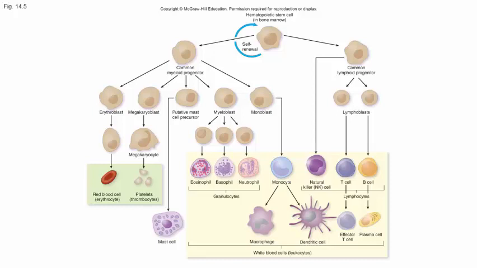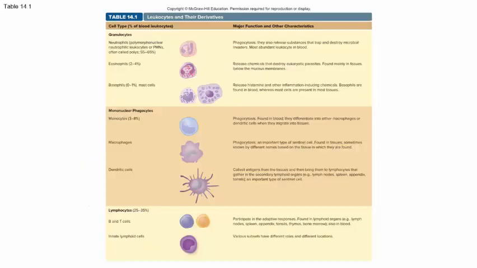If you look at table 14.1, what do you see? First off, we're going to deal with granulocytes, and they contain cytoplasmic granules that are biologically active. They usually contain some type of enzyme. And they're identified based on the staining of the granules. You have neutrophils, basophils, and eosinophils. The neutrophils will engulf and destroy bacteria and other substances. They're also referred to as